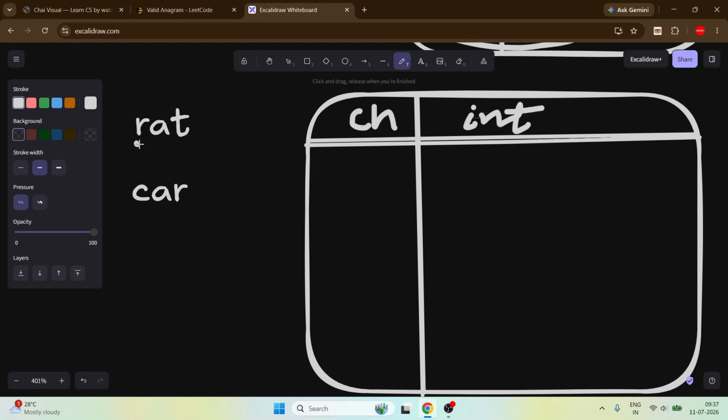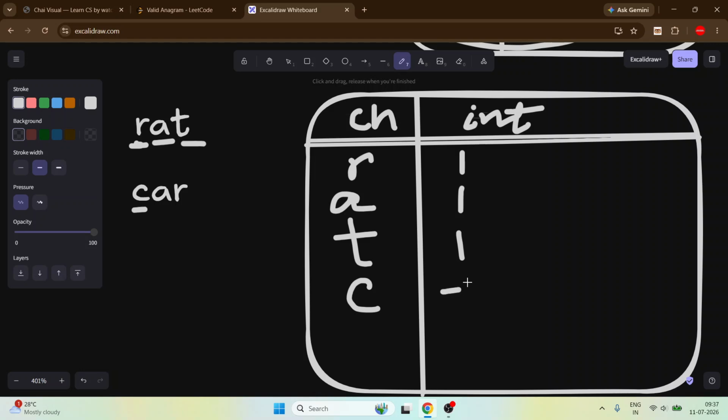So first go to this r. Okay, so r is here 1, then go to a, so a is here 1, then go to t, so t is here and becomes 1. Now go to here c, so there is no c, we just put c here and remove it, so first it